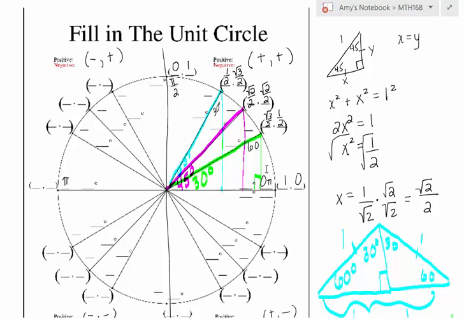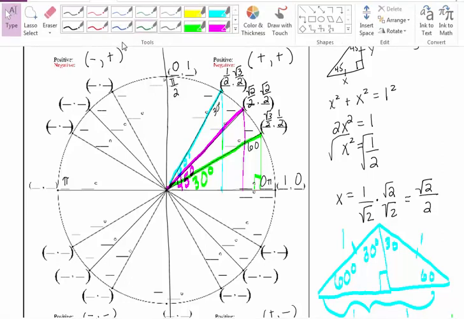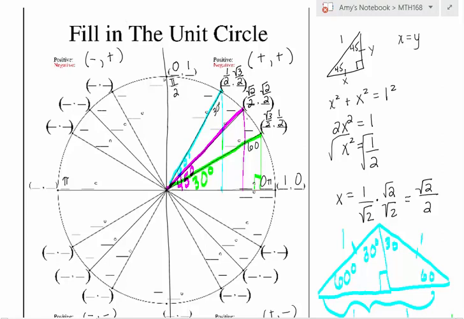When you start with 0 pi and you count off by pi over 6, you have 1 pi over 6, 2 pi over 6, which reduces to pi over 3, 3 pi over 6, which reduces to pi over 2, 4 pi over 6, which reduces to 2 pi over 3, 5 pi over 6, 6 pi over 6, which reduces to pi, 7 pi over 6, 8 pi over 6, which reduces to 4 pi over 3, 9 pi over 6, which reduces to 3 pi over 2,